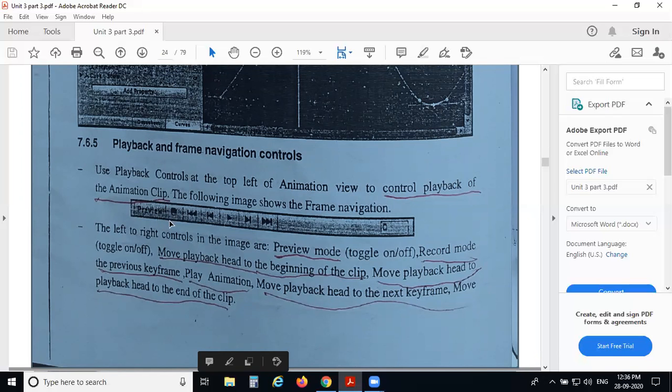Okay, so this is the preview. Then the second one is record. Suppose you want to record that particular clip, then click on record. So this is the preview, that means you can just review that particular animation film. Then the next one is this button. When you click on that button, it goes to the start of that particular animation clip. Then suppose you click on this button, then you can go to the end of that particular